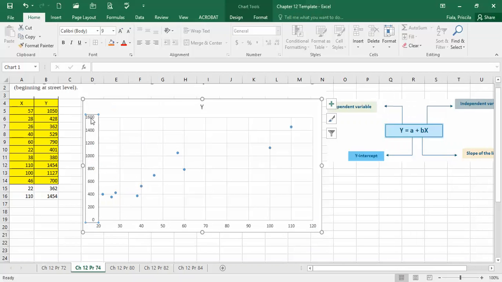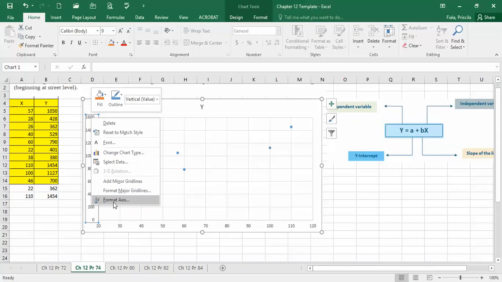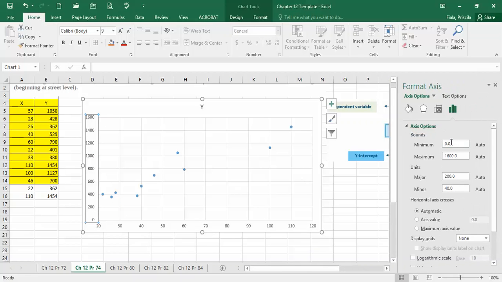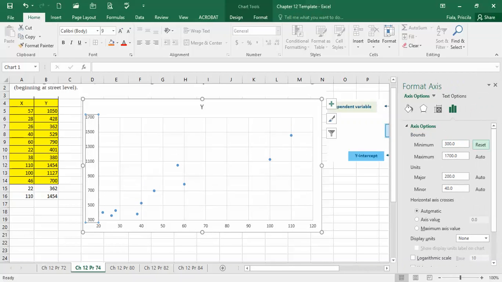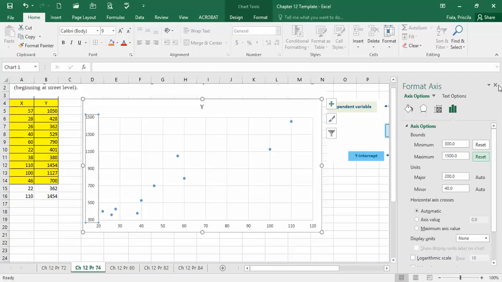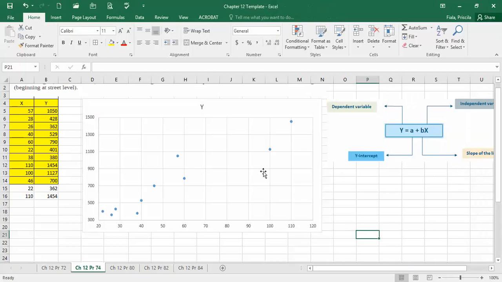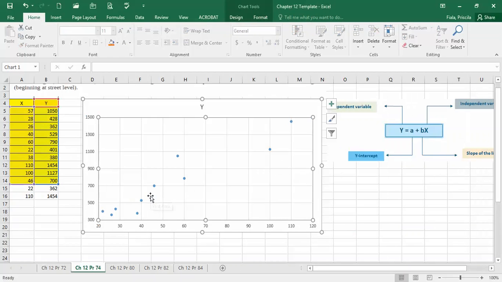I just click this y-axis, click the right button on the mouse, format the axis. My minimum right here is 362. Let's do 300. And my max is 1454. Let's do 1500. I just want to make it a little better over here. The thing is that it is not showing you the zero values, but what I'm really trying to show you here,